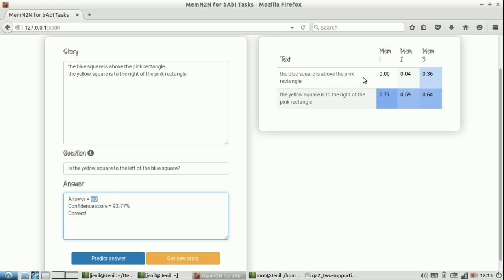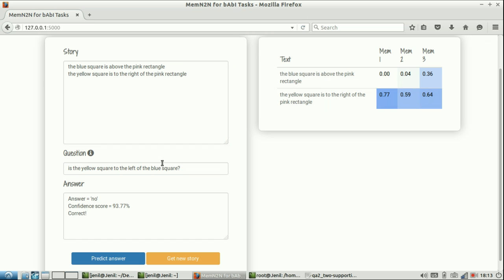Now as you can see here, this 3 shows the number of hops. This is the value obtained from the scoring function. So you take this question and you score it with every memory stored in the network. Right now the memory stored in the network is just 2, this and this. Now you obtain a very good scoring function with the second memory.